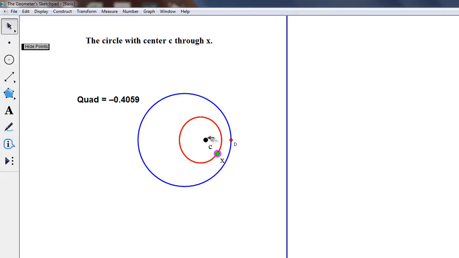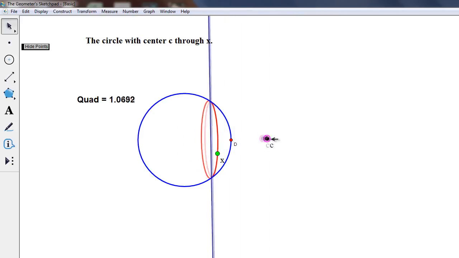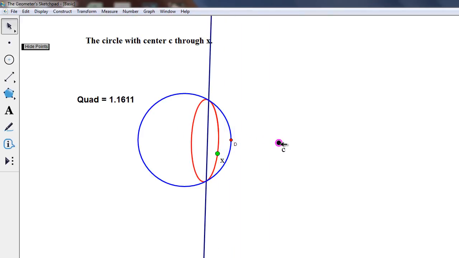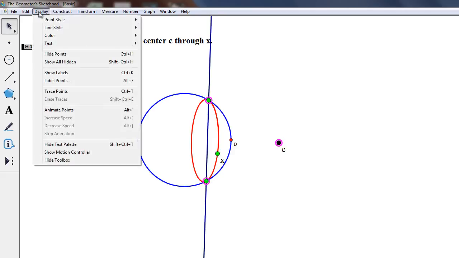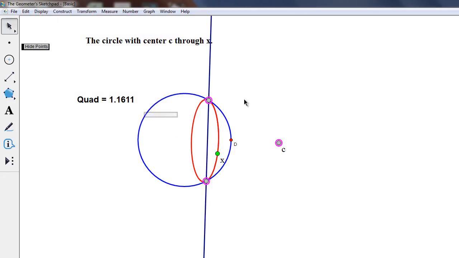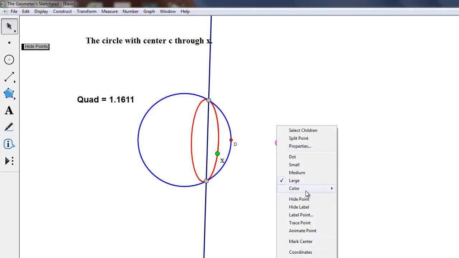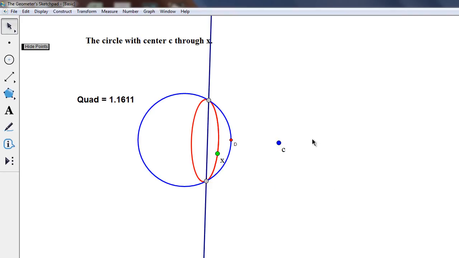In our third example, we had C being outside the null circle. Its dual line then meets the null circle at 2 points. These are important points. Let's show them. Give them some different color, perhaps gray. Not this one, we'll keep that one blue. Okay, so that's the center C.